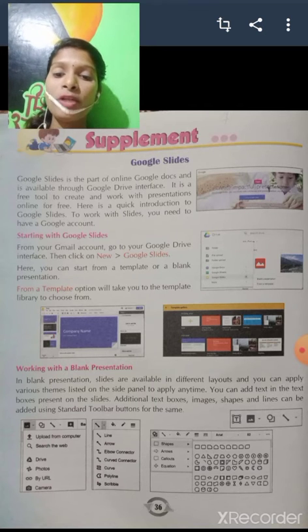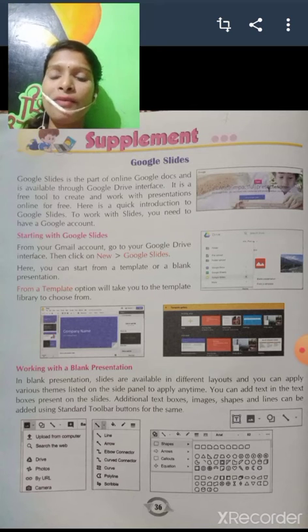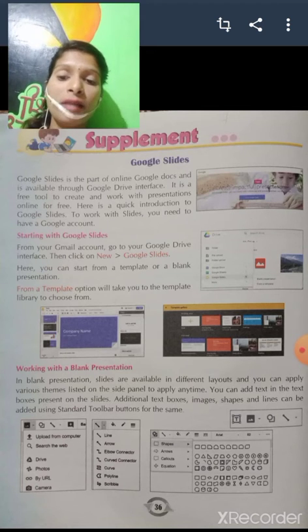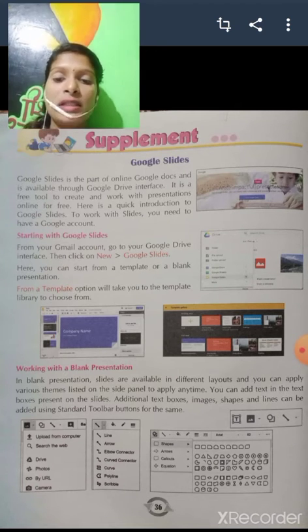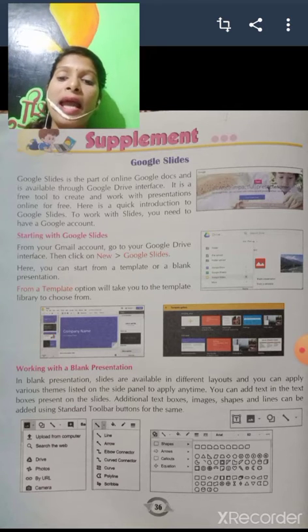In a blank presentation, slides are available in different layouts and you can apply various themes listed on the side panel anytime. You can add text in the text boxes present on the slides. Additional text boxes, images, shapes, and lines can be added using the standard toolbar buttons.